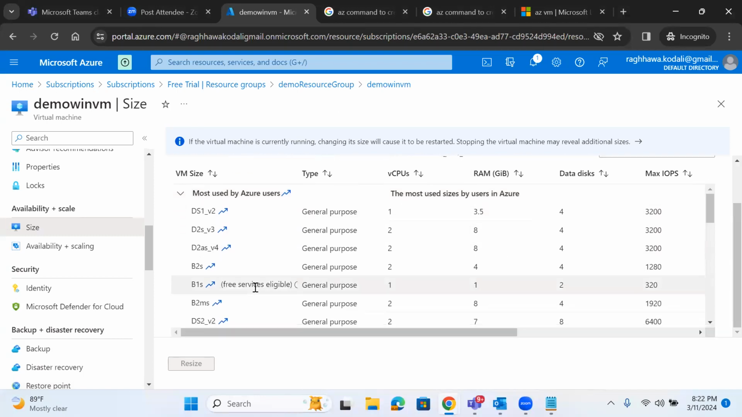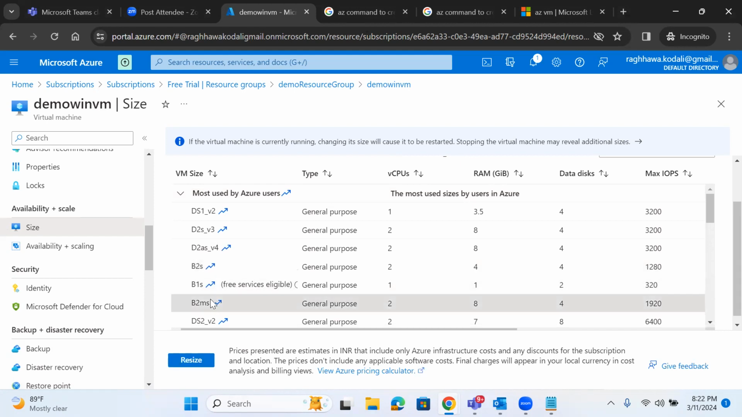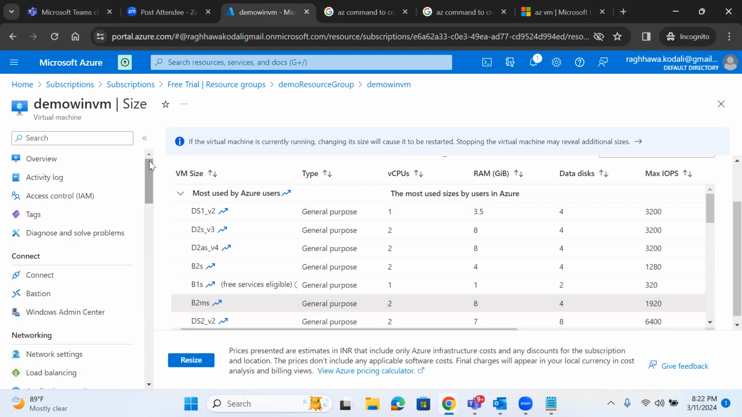So suppose you want to change this B2MS. B2MS is there, right? So you can do it from the portal also. If you click it here, the current size is what I have given, B2MS. If you see this overview,